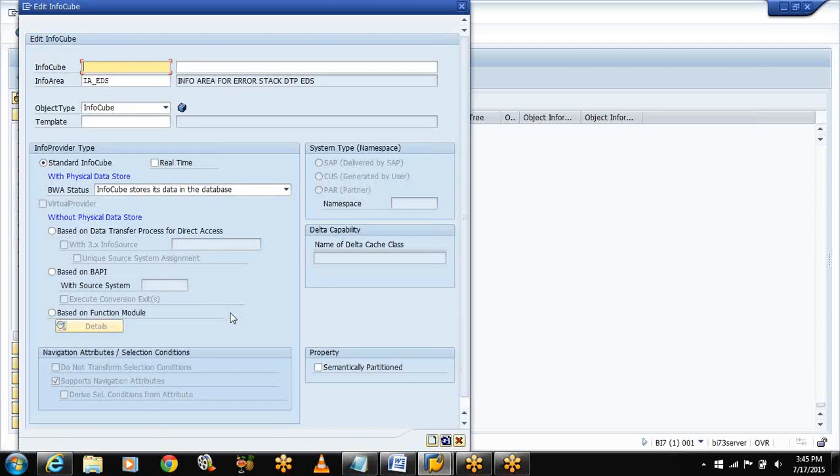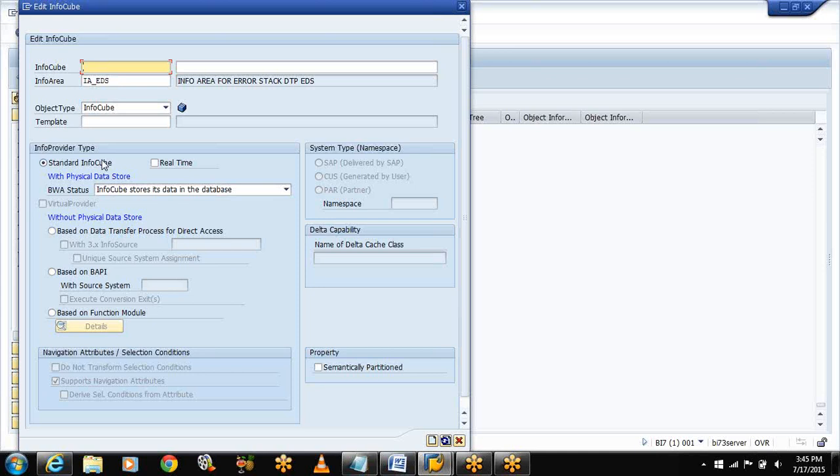Now this is the edit info cube creation of standard info cube. See here, standard info cube, info provider type with physical data store. Actually I'm having two types of info providers.